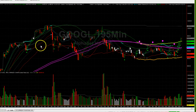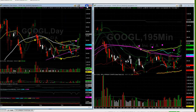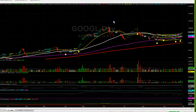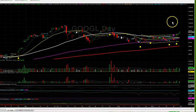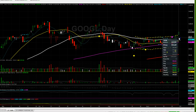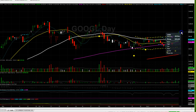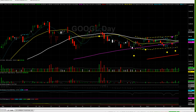And to all you new members, just go over this real quick. I look at two charts. I look at the daily chart, and what the daily chart is, every bar on this chart represents an entire day of price action for this stock. So this bar right here is today's bar. So that's today's action in Google. It went as high as 976 and as low as 967. So I look at the daily,